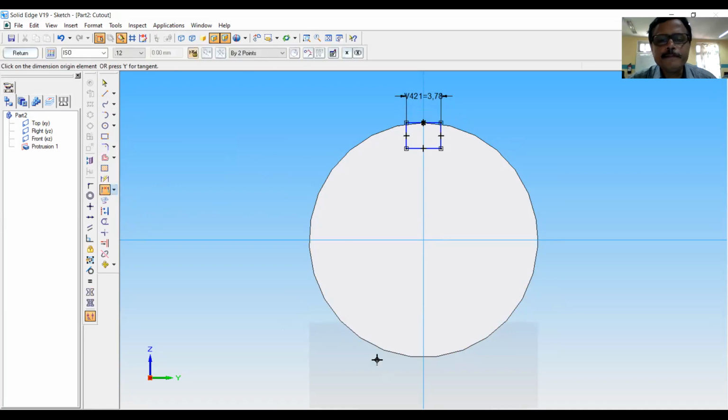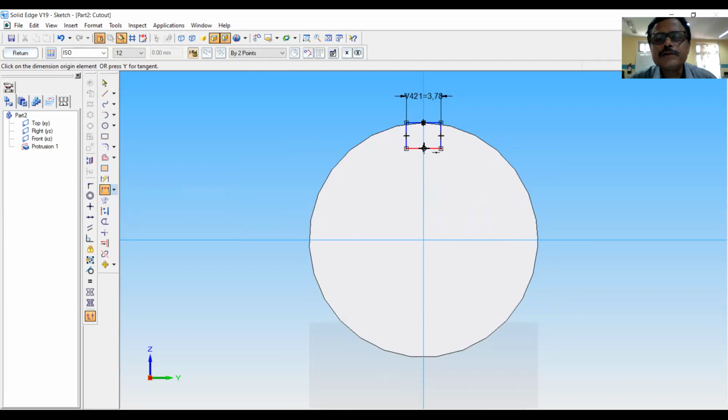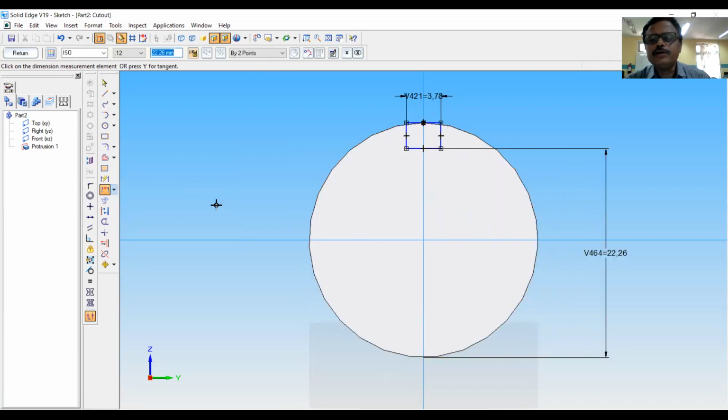Then distance between here and this point. Note that it's picking this one. It is the distance between this point and this point we want. Now we will enter the equations for this as well as this length.